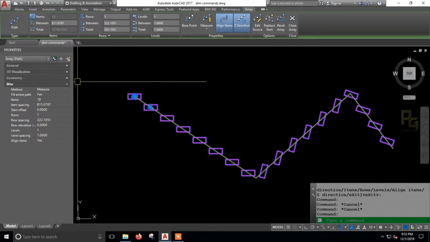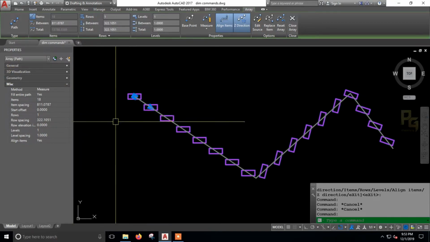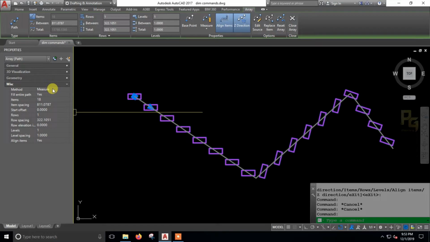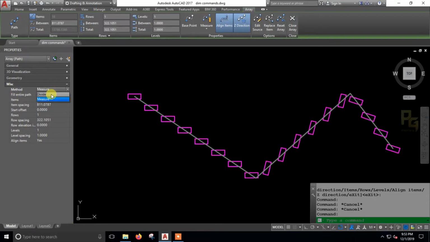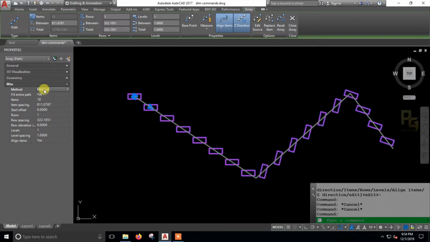Here you can see the properties of our array. There are a few items over here. The first one is measure, the second one is divide. First I am explaining what measure is. So this is the fill entire path option. Fill entire path means whether it needs to be filled throughout the entire path or not.